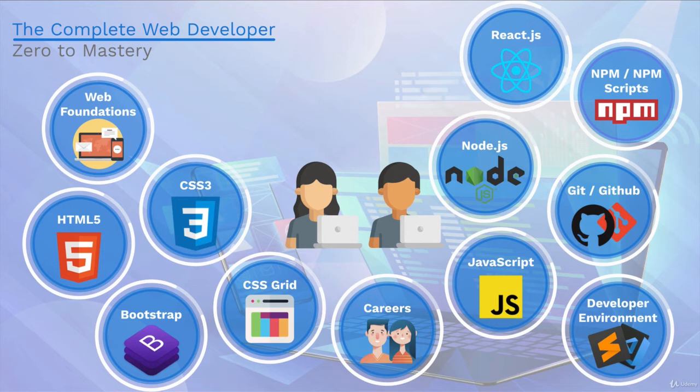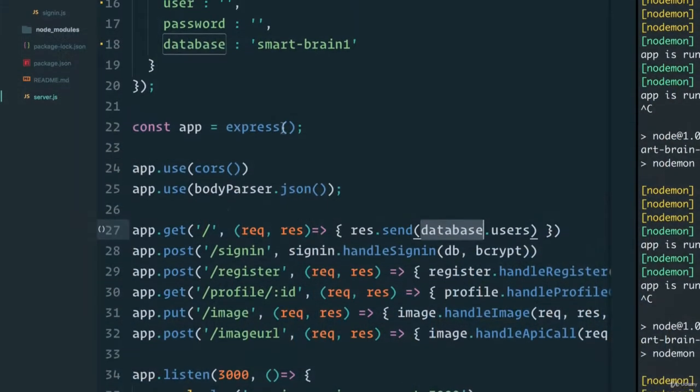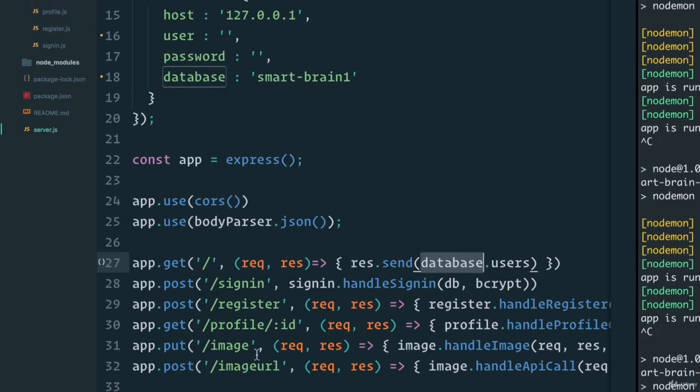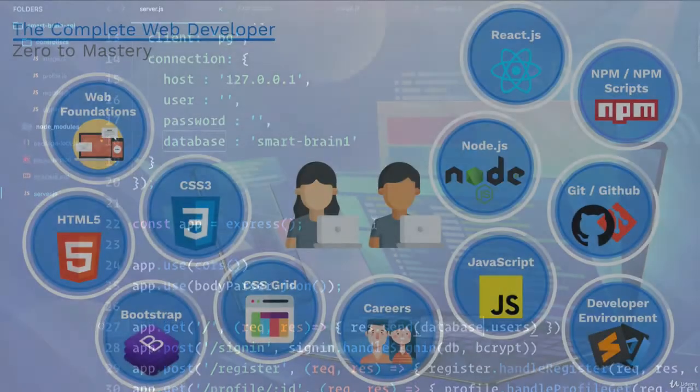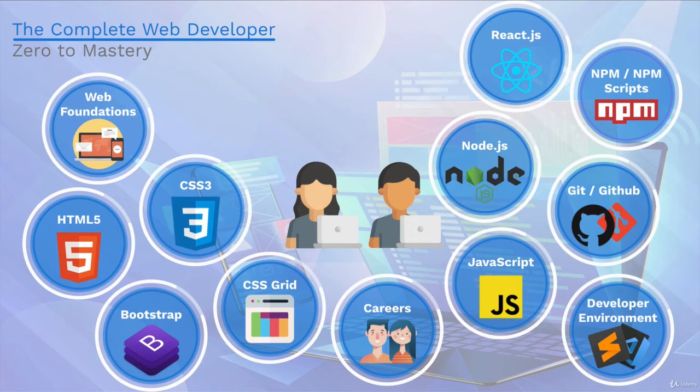We then take a break from the SmartBrain project to introduce you to Node.js and Express. This is where I show you how to build a server, how to create a RESTful API, so that when we get into the next section, the SmartBrain server section, we build our own server, so that we're actually able to communicate with the server over HTTP and sign into our app, sign out, have profiles, and do all sorts